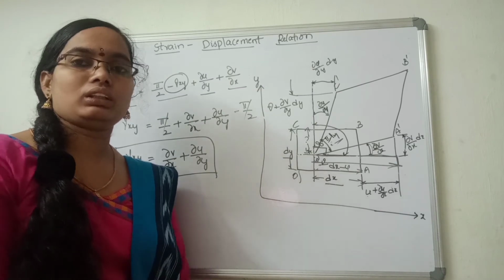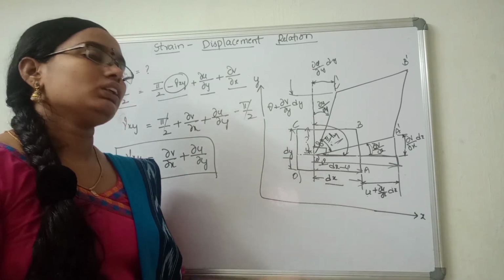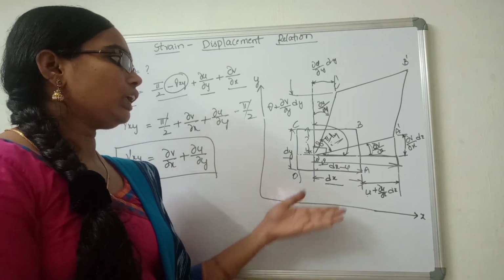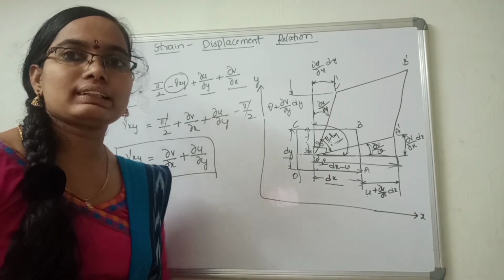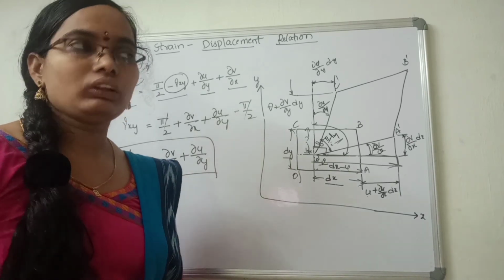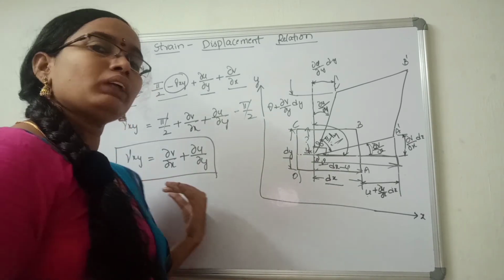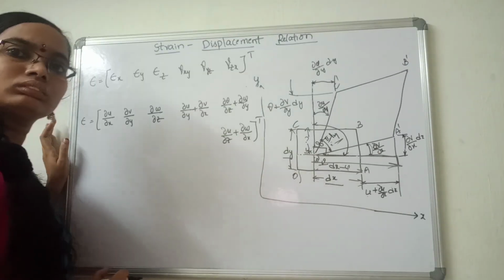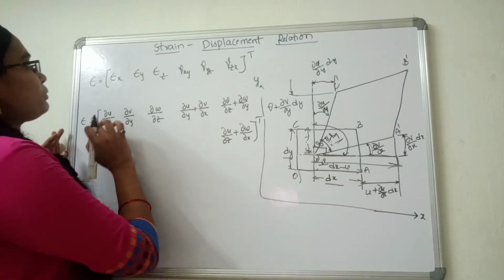Actually, coming to today, this is a diagram, this is a two-dimensional plate. That is the reason I consider only strain along x direction, along y direction, and shear strain along x side. Okay, so if it is three-dimensional, this is the relationship used.